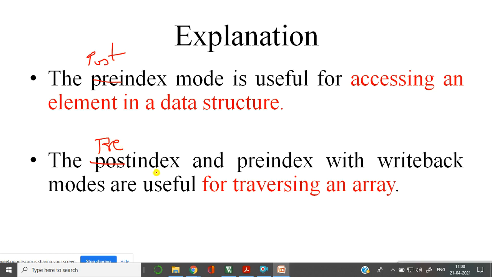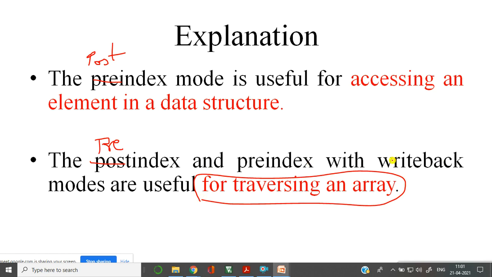So please make a correction here. While uploading I'll correct it. Okay, this happens when we do the copy paste. The pre-index and pre-indexing with write back, these modes are useful in array traversing.